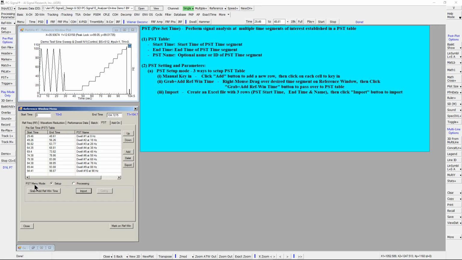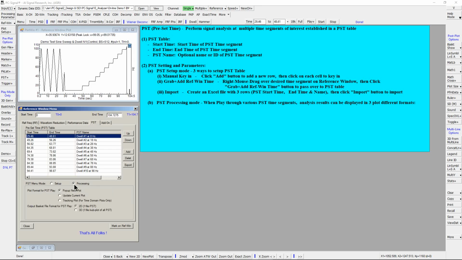After the PST timetable is set up, we are now ready to perform signal analysis. First, switch the PST from setup mode to processing mode. When PST is turned on, during analysis, it will play through all the PST time segments similar to the regular play mode. And the analysis results can be displayed in 3 different plot formats: pop-up new plot,